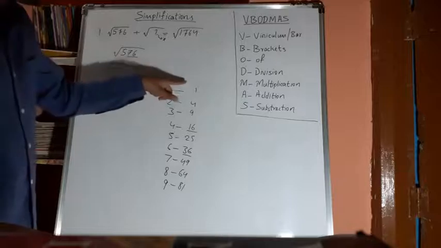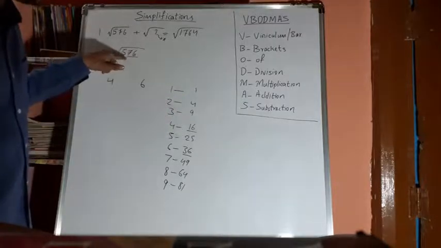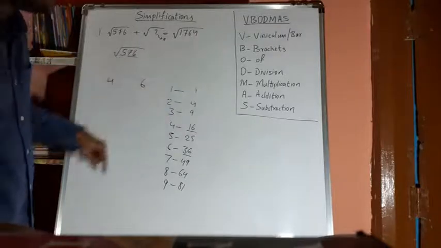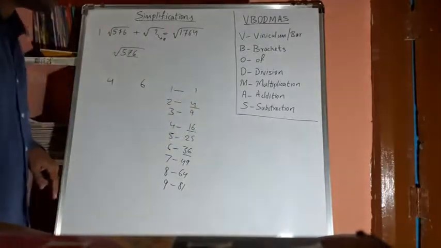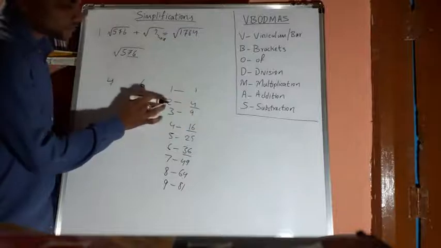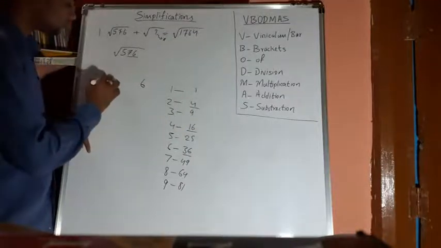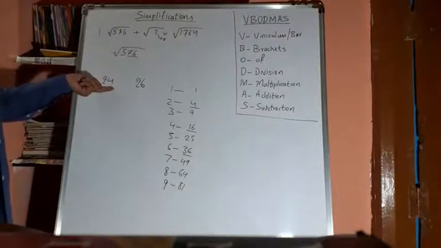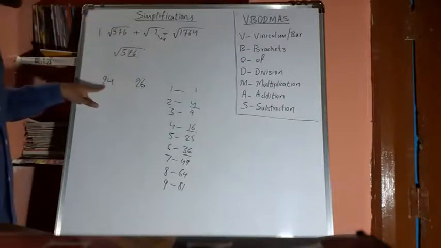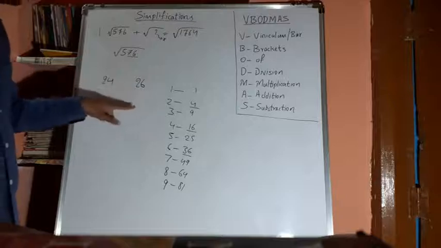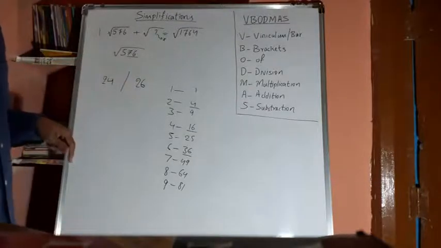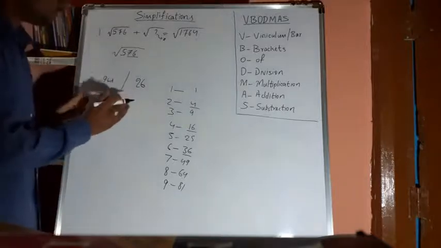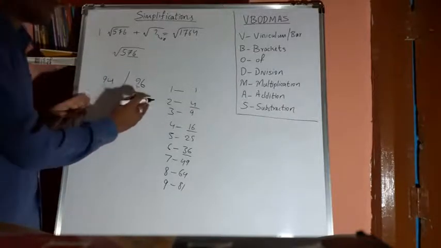Now again check the square numbers which are nearer to this number. So which are those? 1, 4, 9. See, 4 is the nearer one, right? So select this number 4. And again you have to select its square root, it is 2, right? So now we have found two square roots. For this number we have found two square roots, that is 24 and 26. But which is the correct answer? We don't know, right? So for that, what I suggest, we will select the middle number.